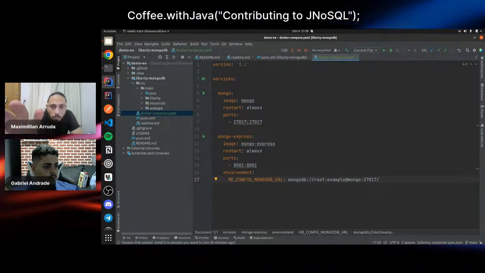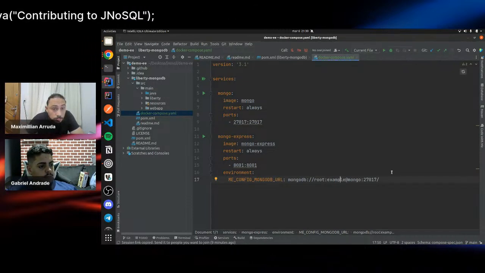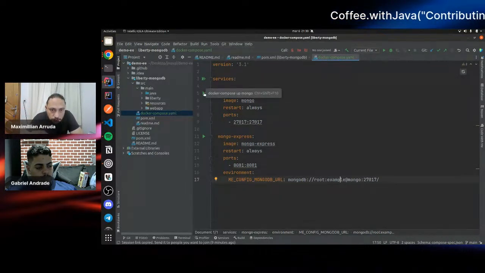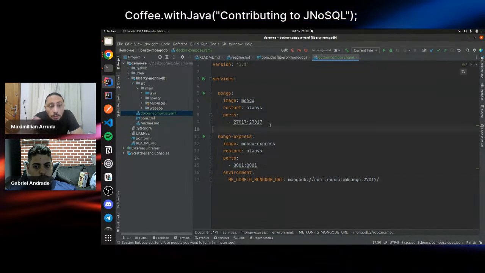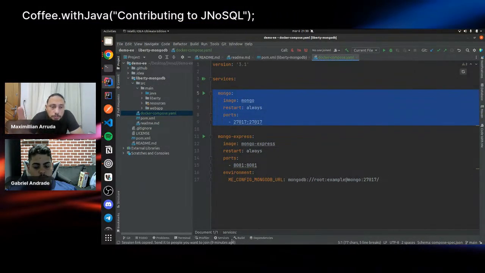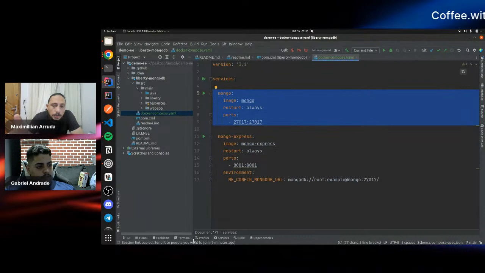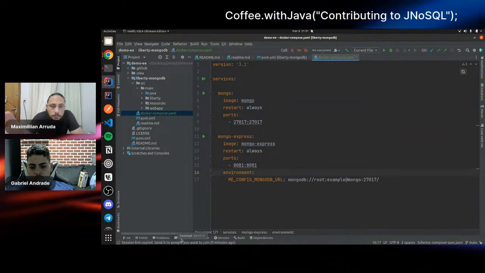With that, you are able to start this file. In order to run it, you could run it directly from the IDE, or you could type in a command line: docker-compose run.